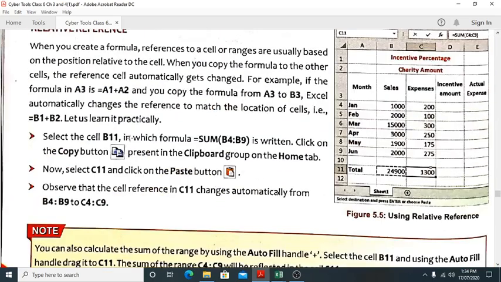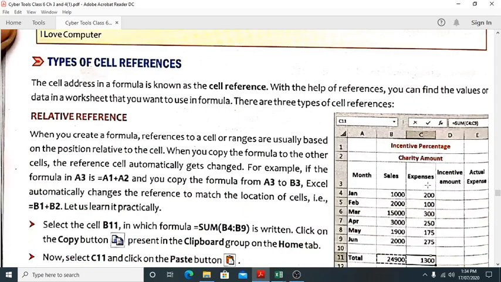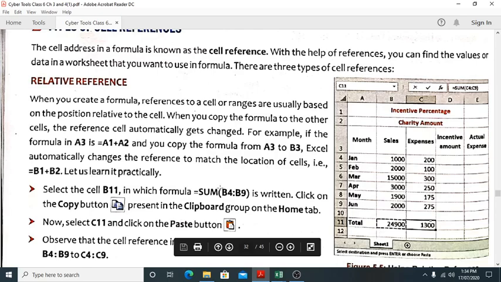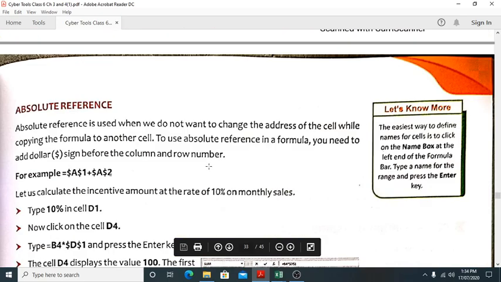In relative reference, if you copy or move them to another place, the address will easily change. But when we talk about absolute reference, if you have the dollar sign, the value will never change when we are using the dollar sign.